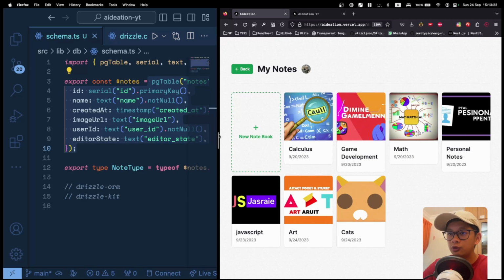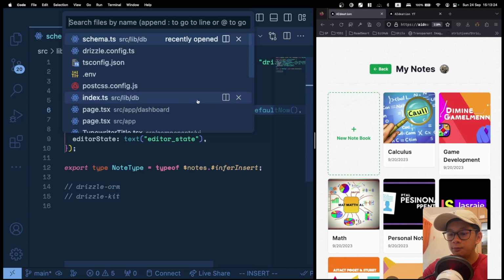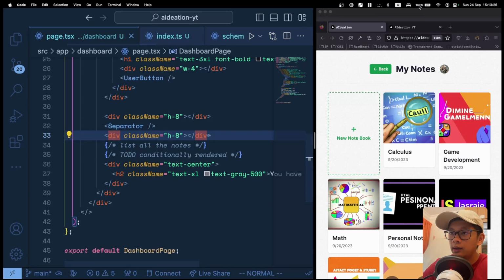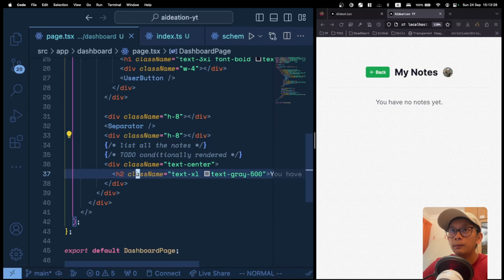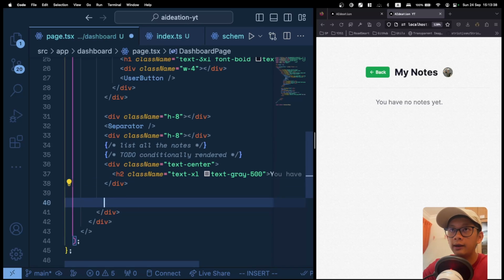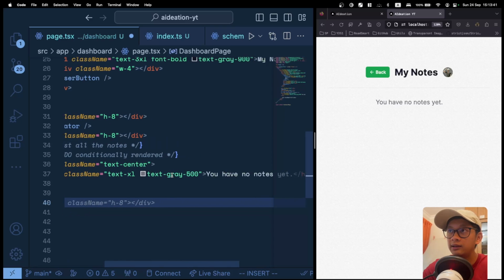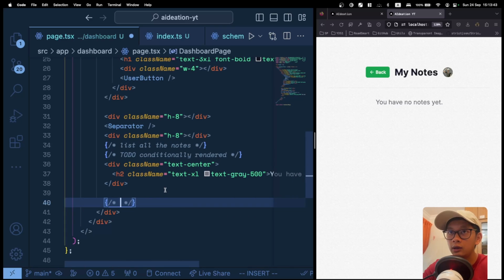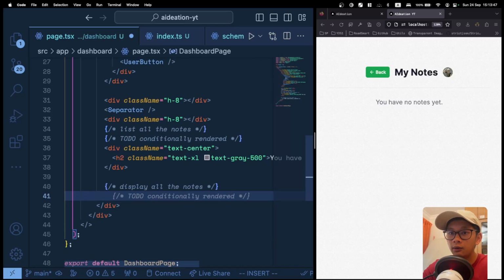So for now, let's go back to our dashboard page, and let's put the add component here. Okay, so let me just see how to actually start. Here, just below the div for the conditionally rendered 'you have no nodes', just below here, this is where we display all the nodes. So here I'm going to create a new div